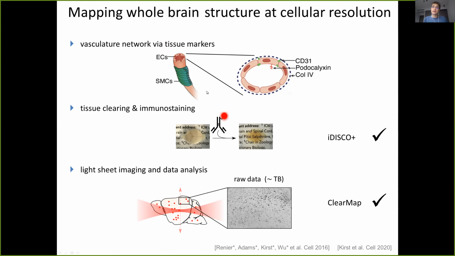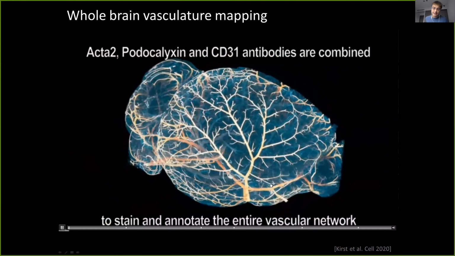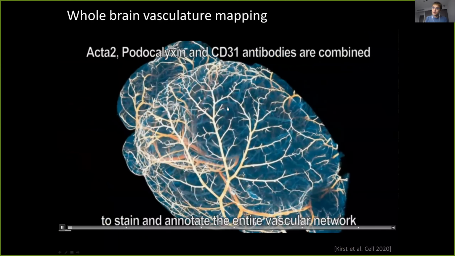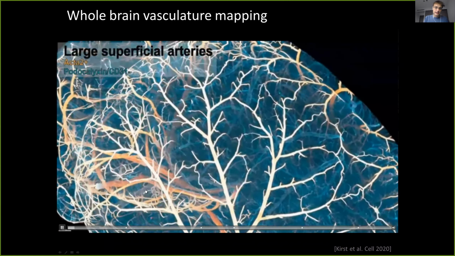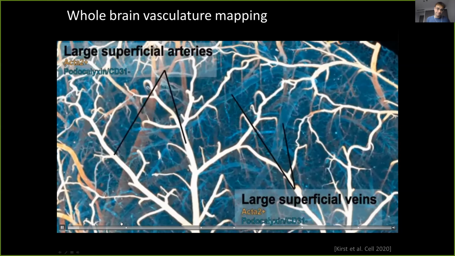So we get two color images in this case, where you can even identify the different vessels as veins versus arteries. And this gives these nice two color images. In red here, the arteries, and in green, the veins. Or here, the same, in red arteries, and in blue, the veins in this video. This gives you some idea of the data set we get out of the clearing.